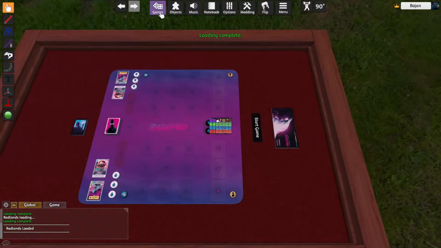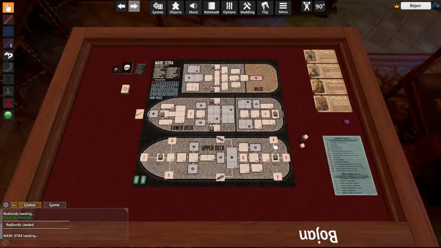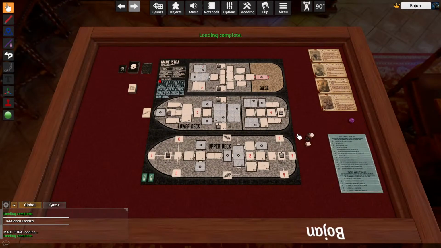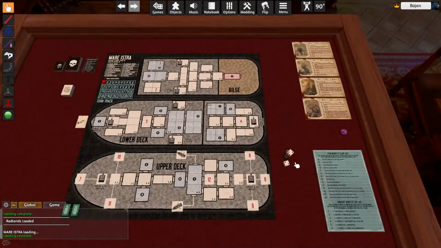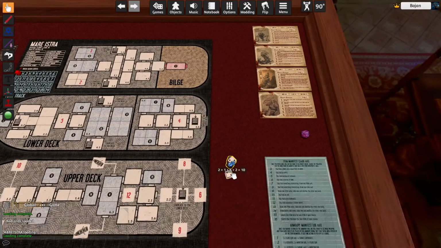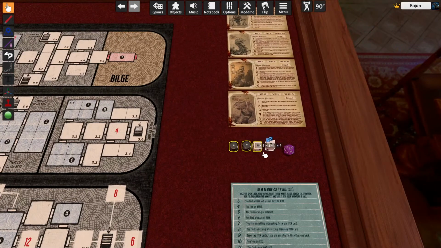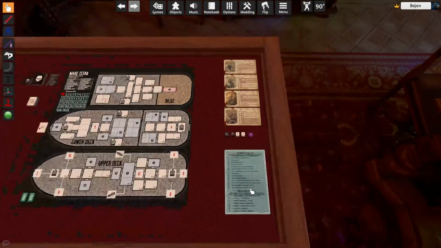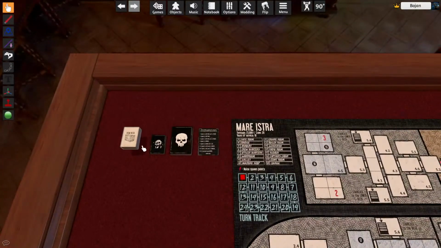Bam. And then let's check out our mod projects. Here's my Mare Istra, and it's in the same position as I saved it. So let's put these dice nicely, and now let's save it again. Actually, let's move these item decks here,